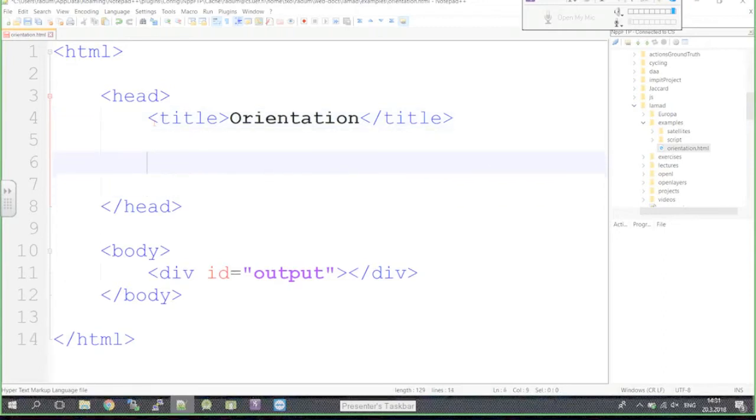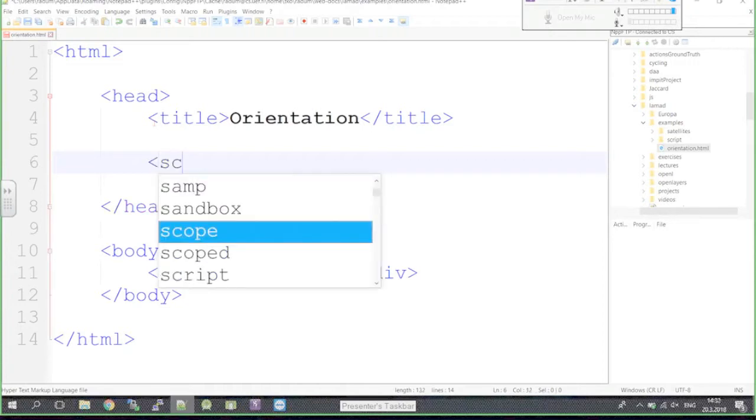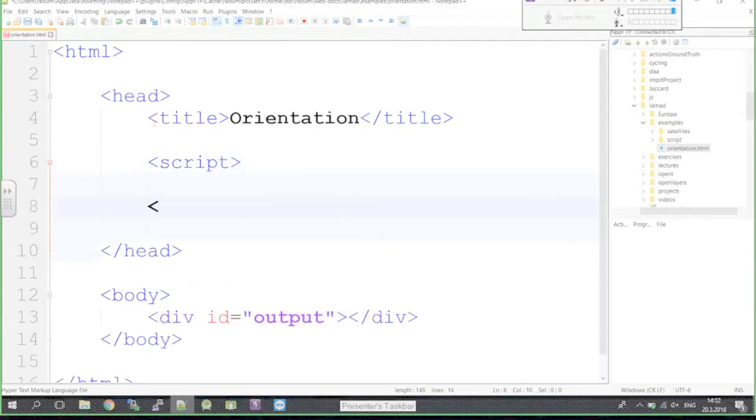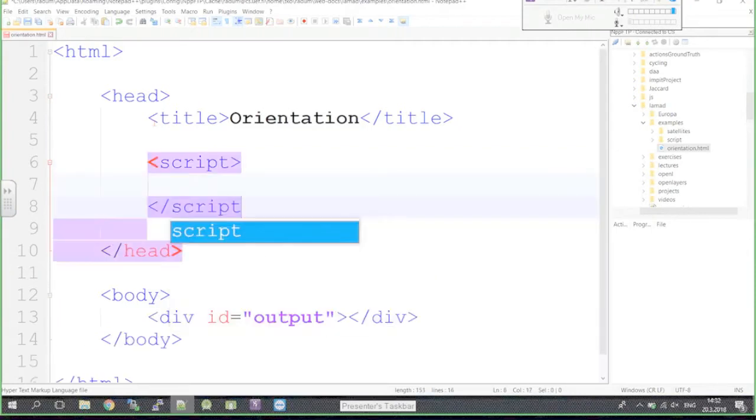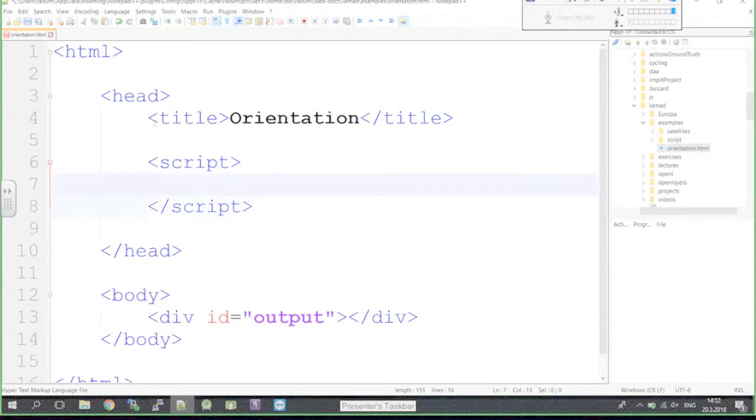Also in the head area, we are going to write our scripts, so JavaScript. This goes in the script tag. I'm pretty sure everybody is familiar with HTML. I'm just trying to talk, so it's not just me typing here. I think we will also do this kind of styling. Let's see if it's needed. Maybe later on. I don't think it's necessary at the moment. So in the script tag,